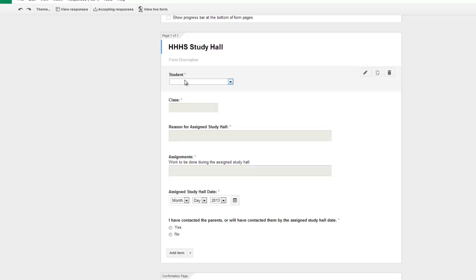It's just: tell me who the student is, what's the class that the incident occurred in or that the study hall was assigned, what's the reason, what should they be doing during their assigned study hall, what is the date of the study hall, and whether or not they have contacted the parents, which is a requirement of our teachers if they are assigning the study hall. Okay, so far so good. Now,